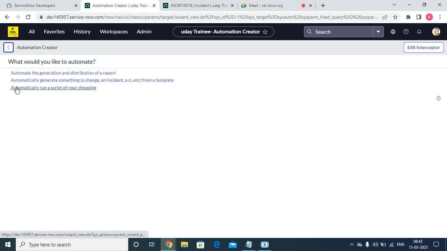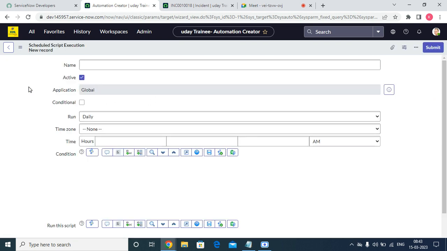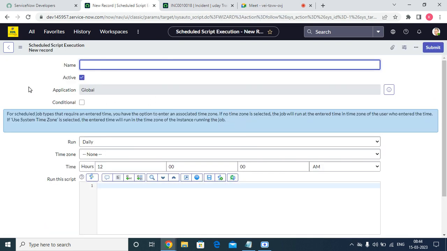Now, automatically run a script which you are choosing. That means you want to execute some script in a particular way. For example, what are the incidents not updated for more than 1 month. So we just want to